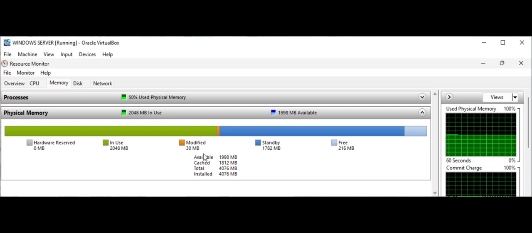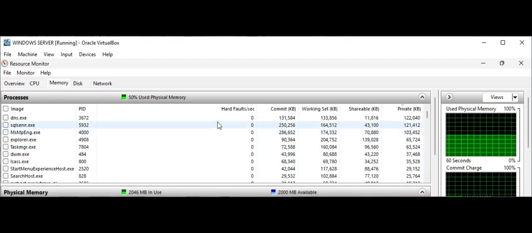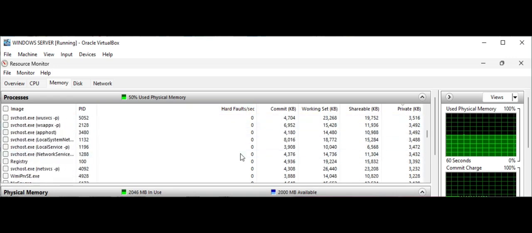Look at the hard faults per second column. A hard fault is a memory access that requires reading from the disk because the data isn't in RAM. This is significantly slower than accessing memory directly. A few hard faults are normal, but if you see consistently high numbers, it indicates that your system is running